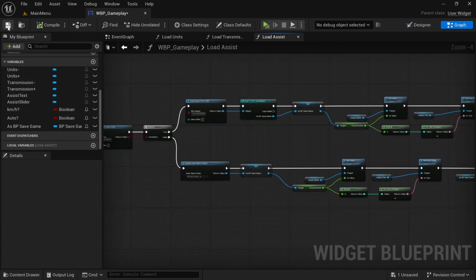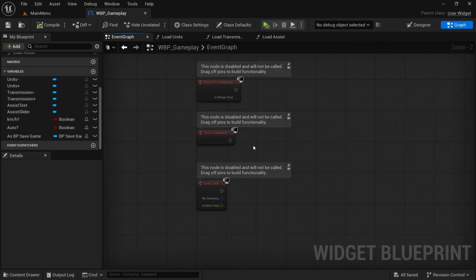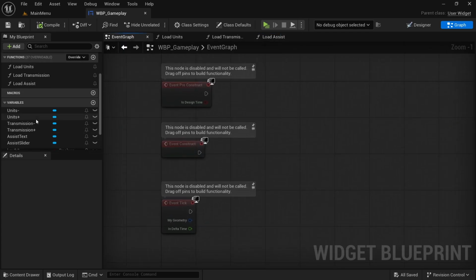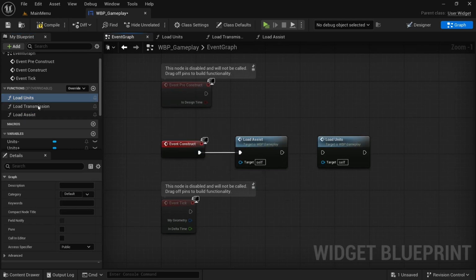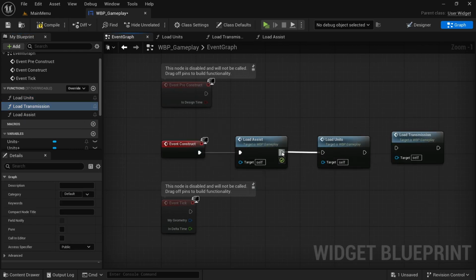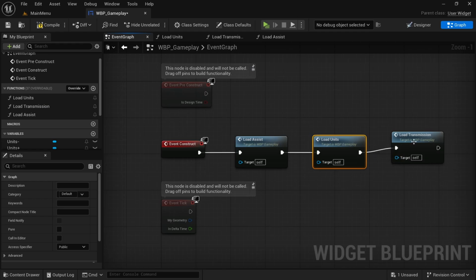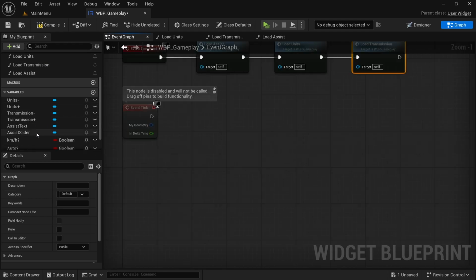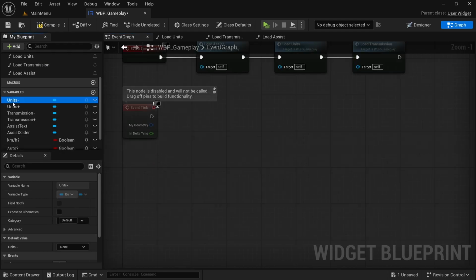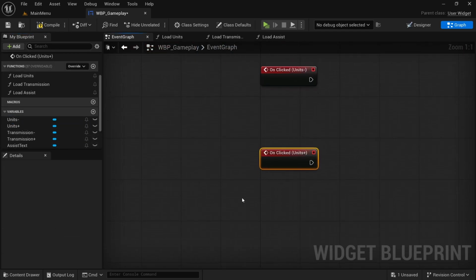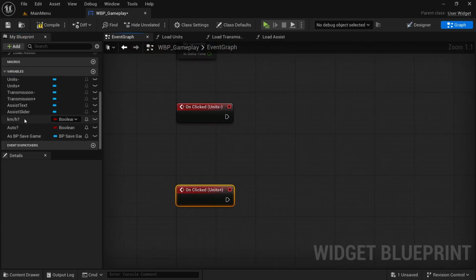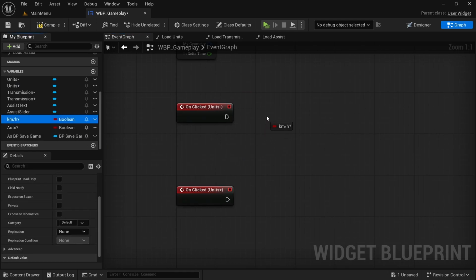I'm going to compile and save, head back to event graph, and then on the event construct, we are going to drag in the functions, load assist, load units, load transmission, and then just connect them up. And then now we're going to do the units down to the variables by the units negative, on click, units positive, on click, and then drag in the KMH variable, hold Alt, drag it in, and then Control D, and